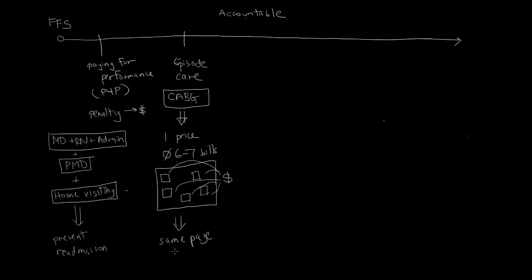And not only that, we also need to know that we're going to be measured on quality. So this is a big step over from just pay for performance, because not only are you measuring quality, but you're also creating incentives to sort of have the overall costs down. That's episodic care, and you can take that even one step further into what's called global